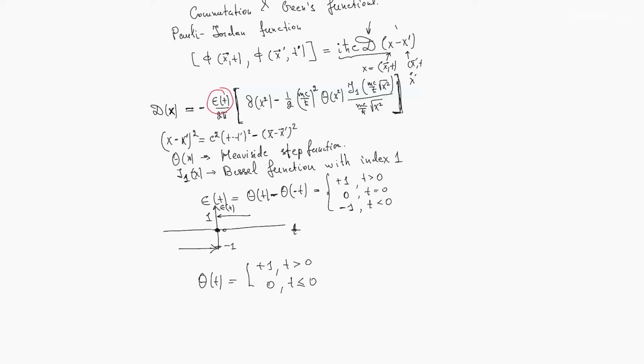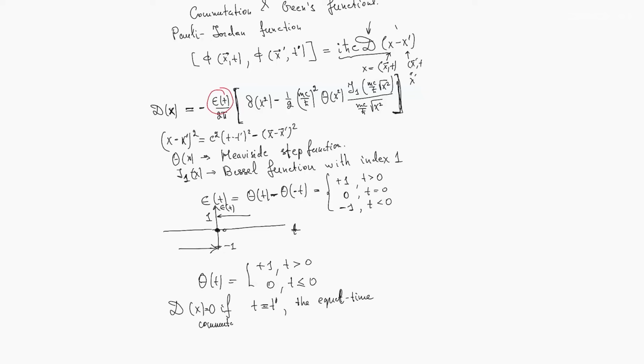So at t equals t prime, D of x turns out to be 0. This means that the equal time commutator vanishes,